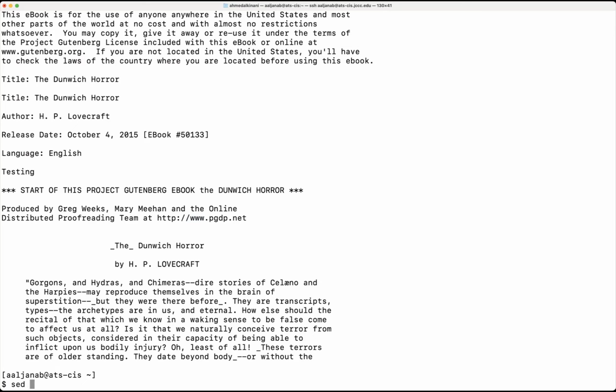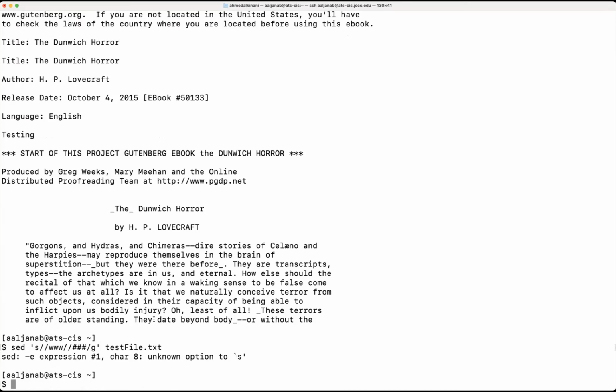So sed s\, and I will say I want to change the \www with a \###, globally, on testfile.txt. This is going to lead to a problem, and it's telling you, well, we have an issue here because